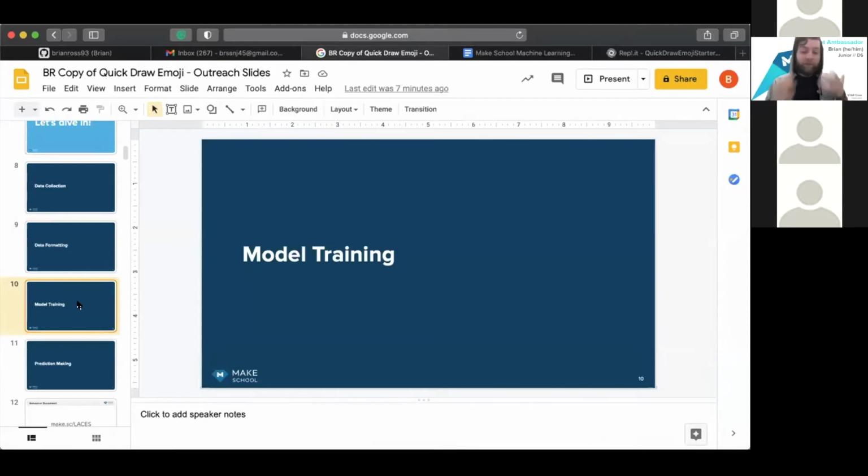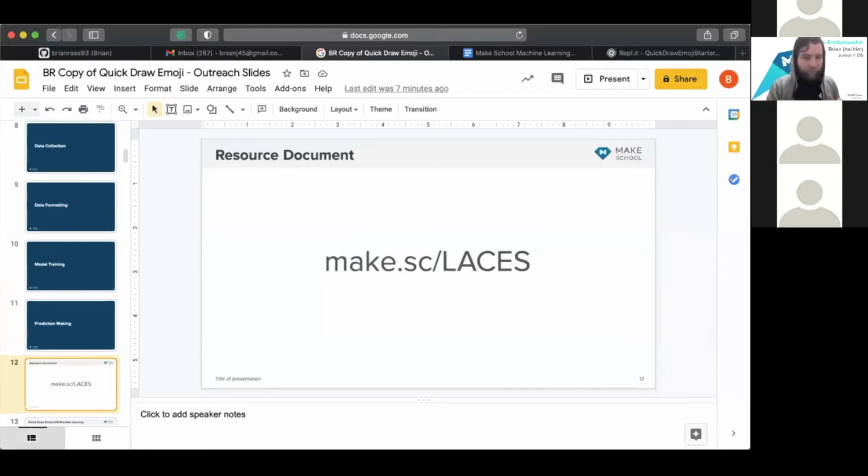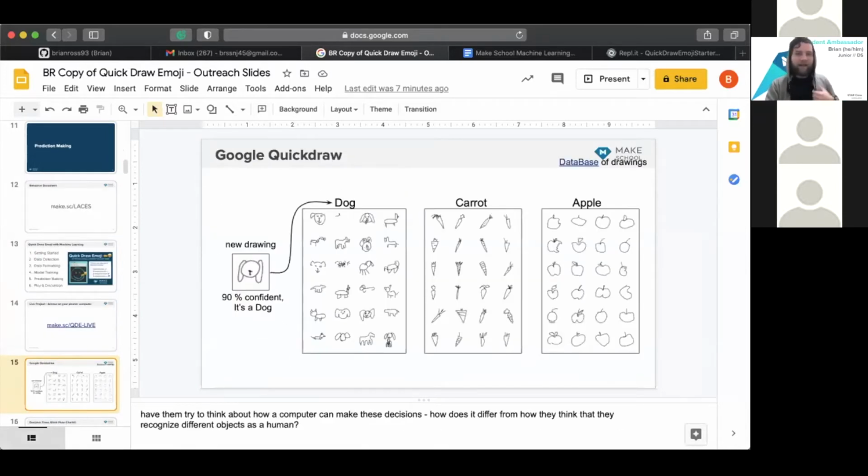The computer's doing all of the model training, but the prediction making is the most powerful part of machine learning. And we're going to look at some real life examples here and just start to think about just how powerful that concept really can be, and what that can kind of look like. And again, here's another example.